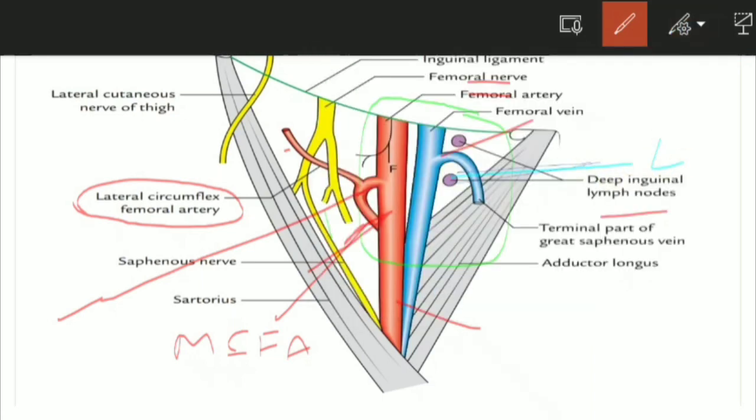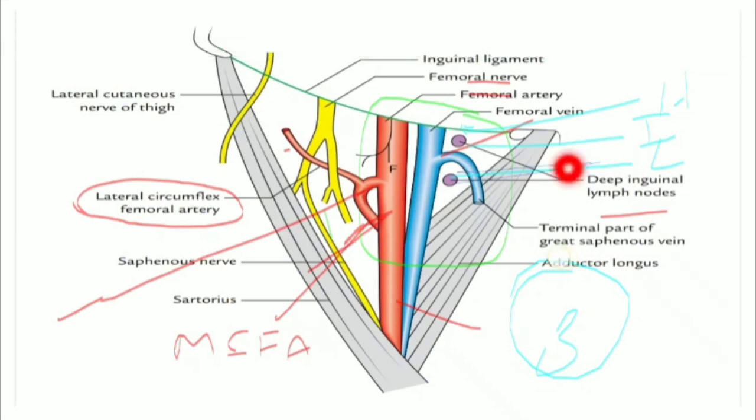This is the lowest one, this is the intermediate one, and this one here will be slightly higher. I will call this the highest one. So totally there will be three lymph nodes. Fine. Okay, so now we are